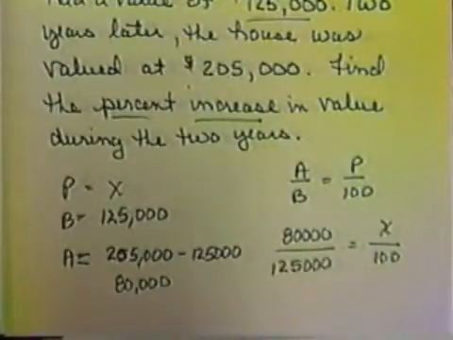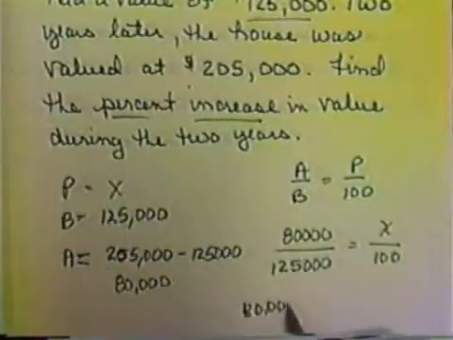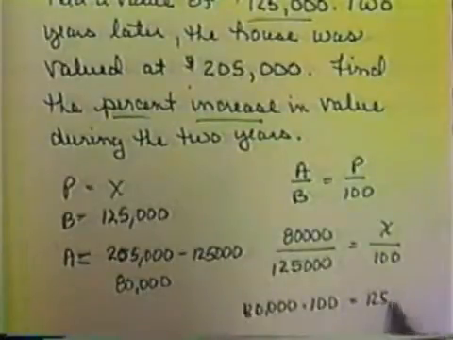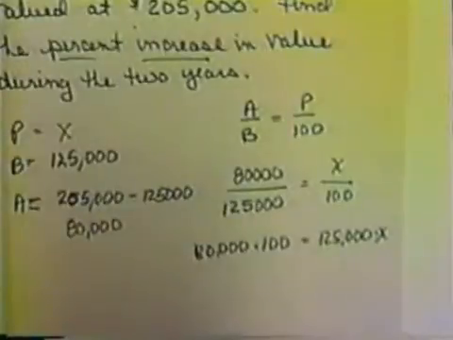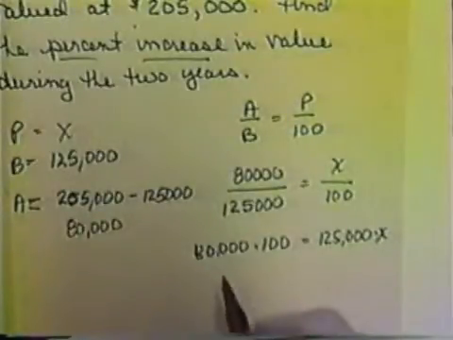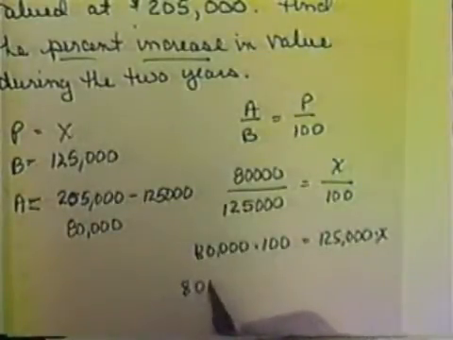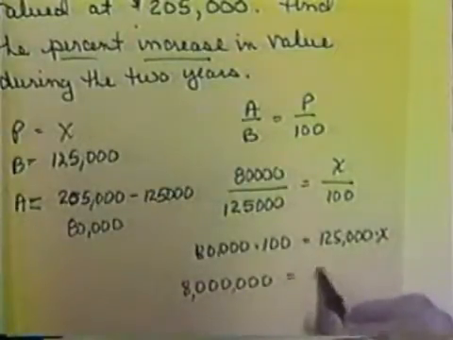Now to solve this, we want to cross multiply. So we get 80,000 times 100 is equal to 125,000 times x. Now 80,000 times 100 is going to be, what is that, 8 million? Let's see, 1, 2, 3, 4, 5, 6 zeros. Yep, 8 million is equal to